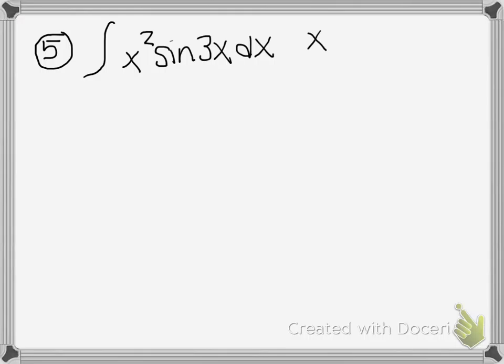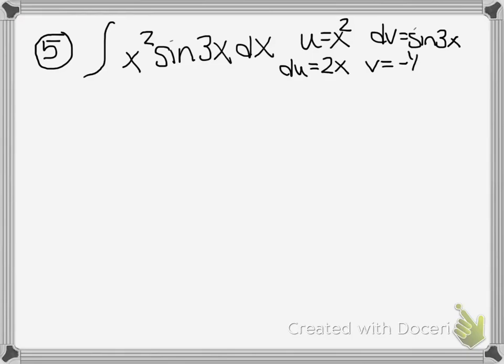So, hopefully you picked u as x squared and dv as sine 3x. That would make du 2x dx and v would be -1/3 cosine 3x. Okay, so setting up uv, x squared